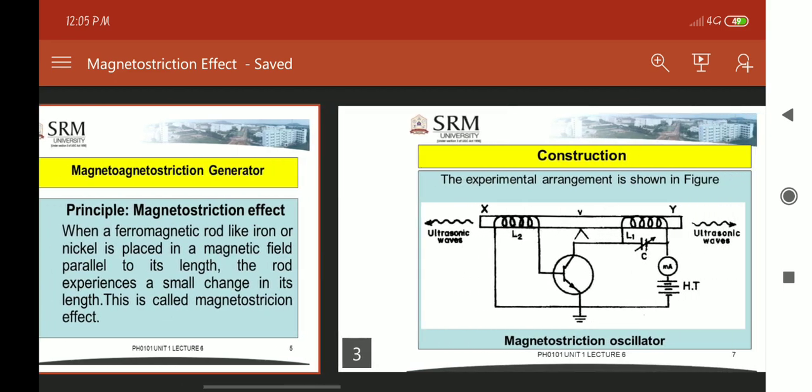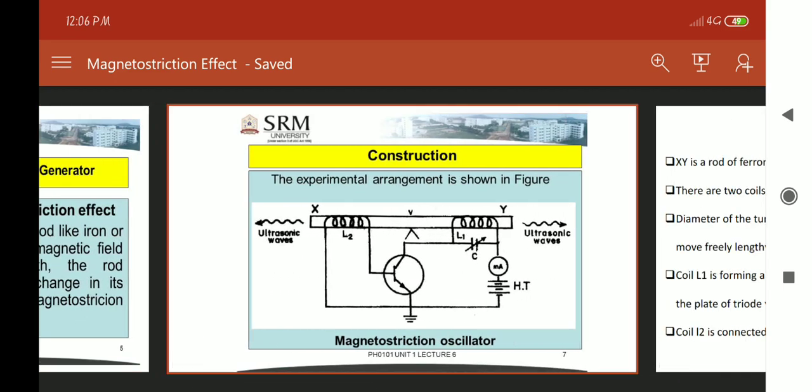Now construction. For construction and working, see this diagram. Here, this is the experimental arrangement of the magnetostriction oscillator. Here we can see the rod XY, which is made up of ferromagnetic material, clamped at the middle.